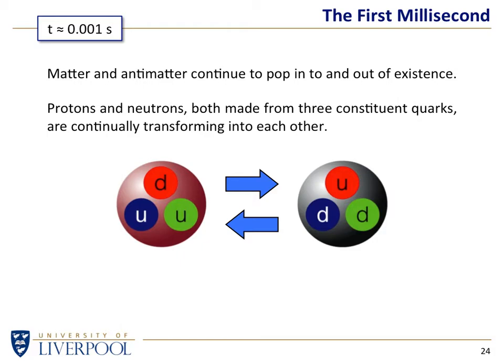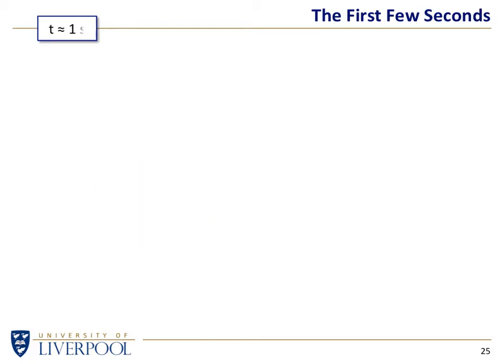We don't have to worry about the details, but if we have 2 ups and a down, we call it a proton. If we have 2 downs and an up, we call it a neutron. So we don't have to understand what those properties are. We just have to understand there are different types of quark. And if they gather together in little sacks of 3, then if they gather in particular combinations, we call it a neutron. And if they gather together in a different combination, we call that a proton. We're now into the heady times of 1 second.